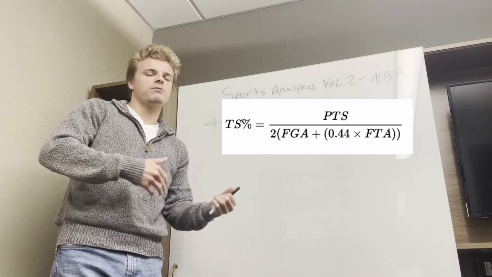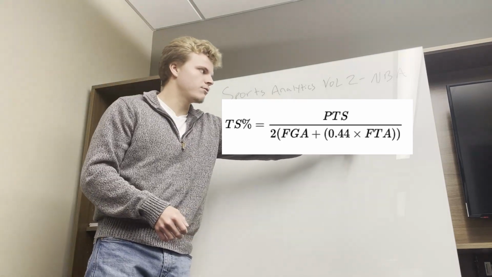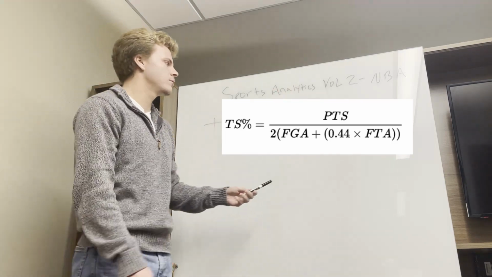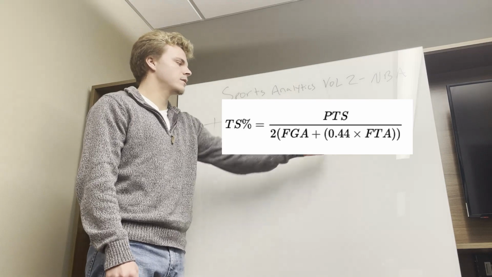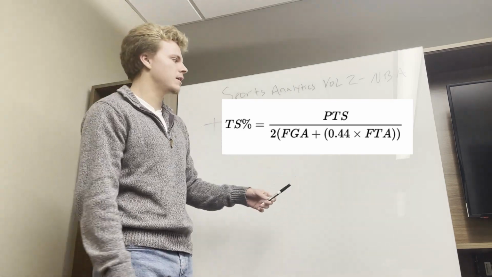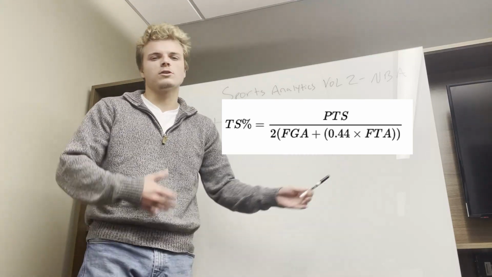But rather than looking at 3-pointers versus regular field goals, this is looking at field goals attempted, free throws attempted, and dividing it by total amount of points. So that's all there really is to it. Points in the numerator, and in this denominator, you've got kind of a long equation here, but all it's really saying is field goals attempted, free throws attempted, and then just some numbers around to multiply,